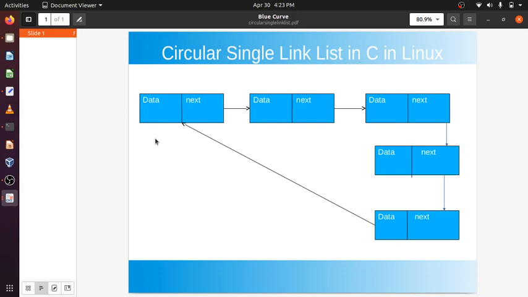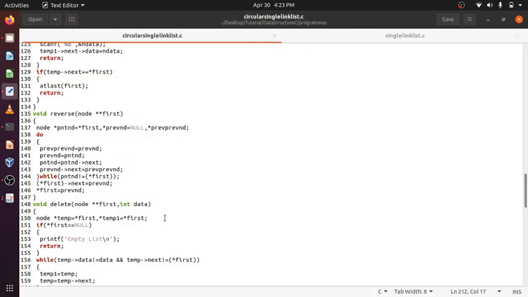So things got reversed like this. If I change the arrow directly, this will point here. First next, because first contains the first element, first next will become the last element. Pre-ND will always contain the last node. So first next will be pointing to the last node, and the first element will be made the previous node. Okay, this is a reversal.